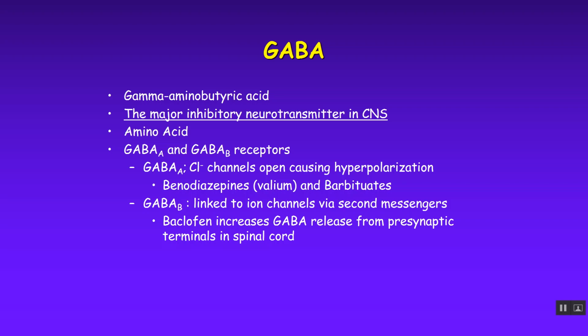It's an amino acid. It will fall on either GABA A or GABA B receptors, the two primary receptor types that it falls on. GABA A tend to be mostly located in the brain and brainstem, okay, GABA A receptors. And this is where it causes those chloride channels to open and more negative charges to come inside the cell. Drugs like Valium and other barbiturates and so forth that depress the nervous system tend to work on, they're GABA agonists. They act like GABA because they tend to bind to GABA receptors, and they tend to bind to GABA A